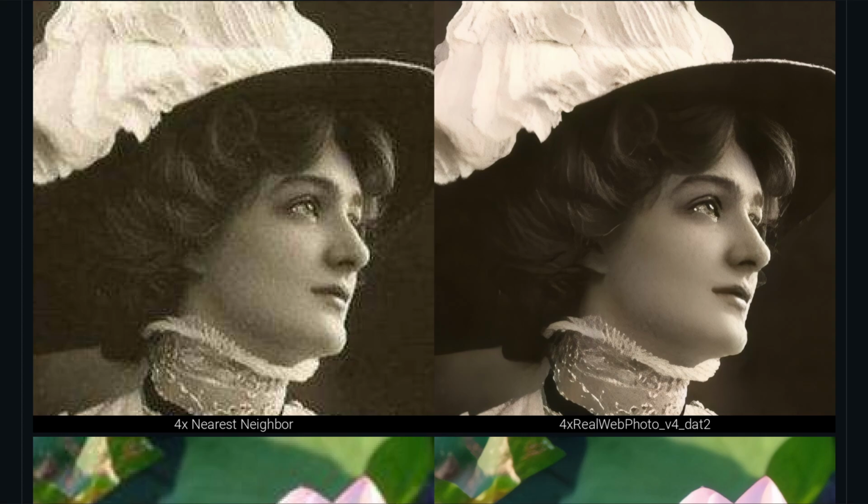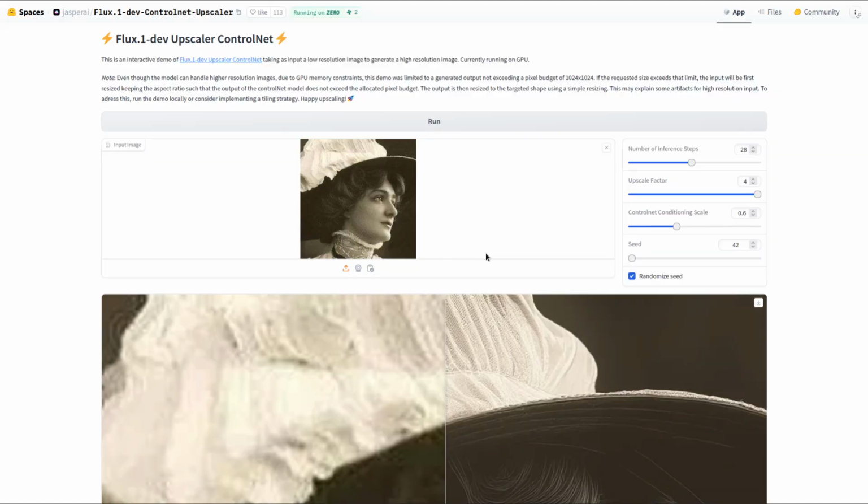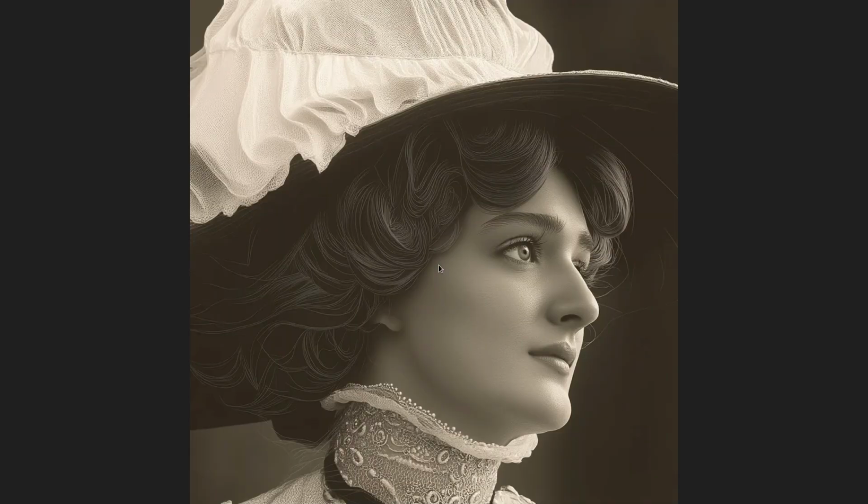I took an example here because I wanted to show this of my real web photo v2 model, which I thought is already trained pretty well for a faithful upscaling model to handle compression and whatever, the green colors going on here. And I think it did a very good job. So these networks can still be used to restore heavily compressed images, but they cannot imagine details where there are none. And so as a test, I plug it in here, and then we upscale it, and we can see,